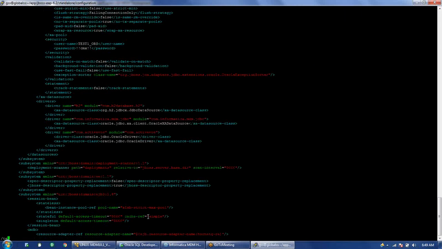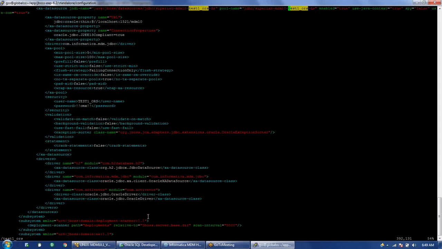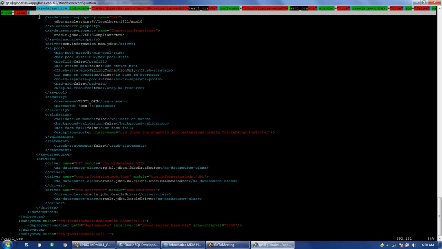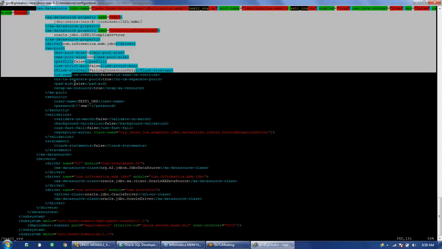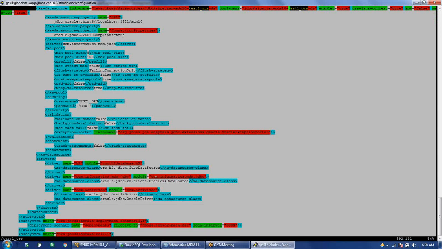And here we can search for the ORS that we have created. So this is the ORS, basically test1. Once we register it, all the details will come here. So these are the details about the test1_ORS that we had created.